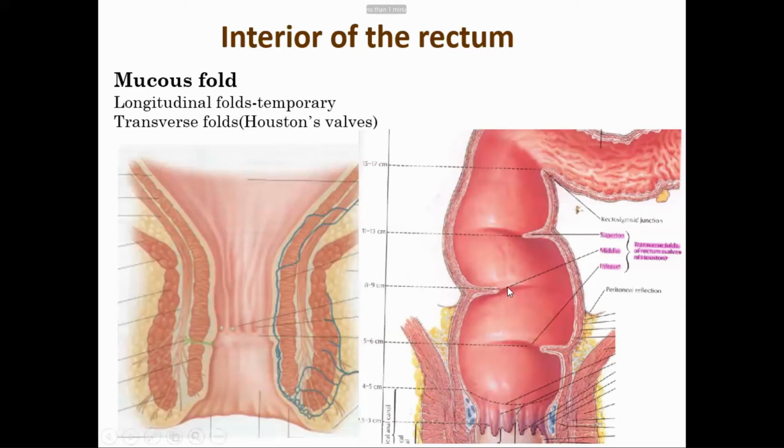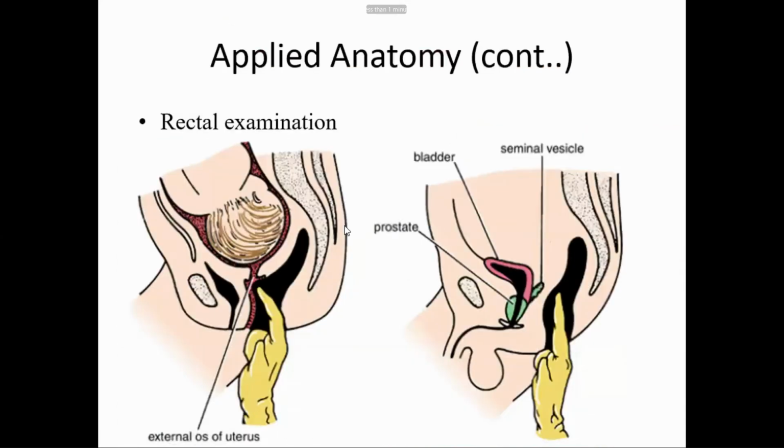And the rectum, what structures support the rectum? It is supported by the Waldeyer's fascia, perineal body, levator ani muscles, and anococcygeal raphe. Now, another important point about the rectum is the per-rectal examination, or PR examination.